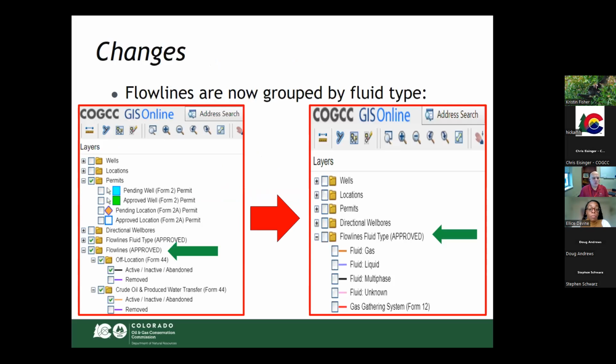But prior to now, we used to group the flow lines per flow line type. So all of the application flow lines, regardless of the status or fluid type, were basically bunched together. Same goes for the crude oil and produced water lines. But we wanted to make it a lot easier for operators and the public to know what kind of fluid is being transported. So similar to the national pipeline mapping system, we decided to categorize the flow lines by fluid